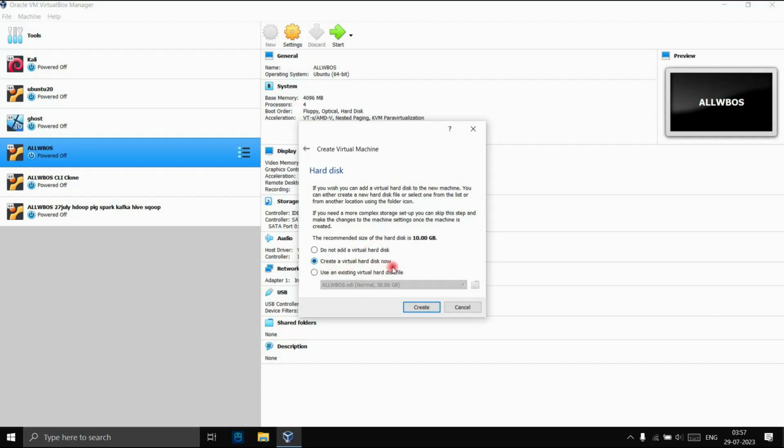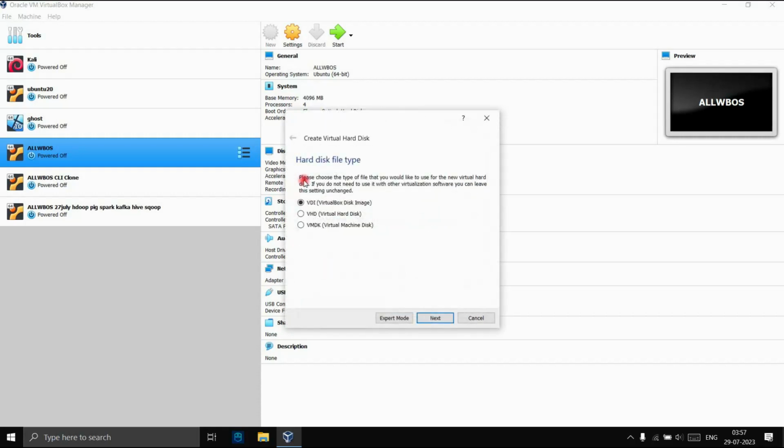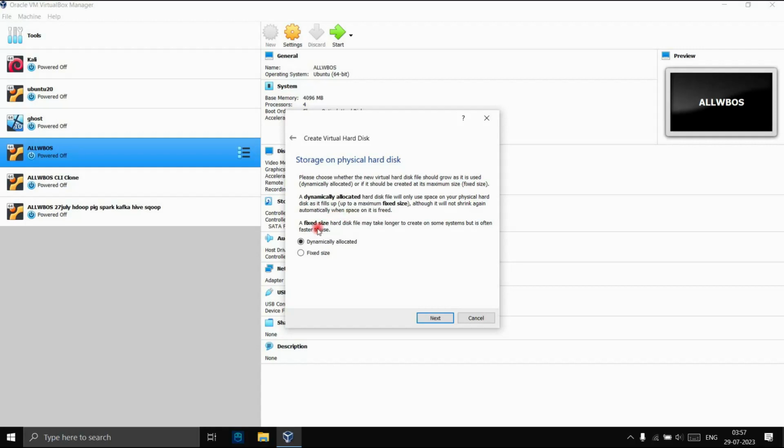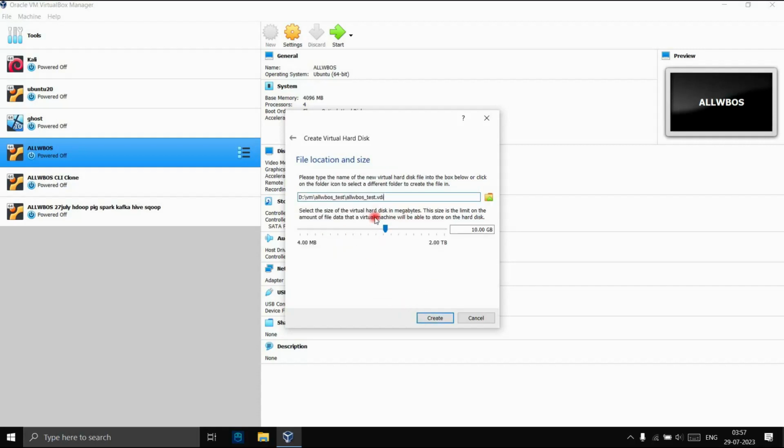Create virtual hard disk now. Then again you don't have to touch anything. Create on VDI. Then again you don't have to touch anything. Click on dynamically allocated. That's what we want. Click on next, and then it will be asking what size you want to actually give to